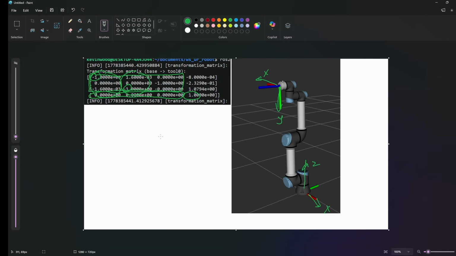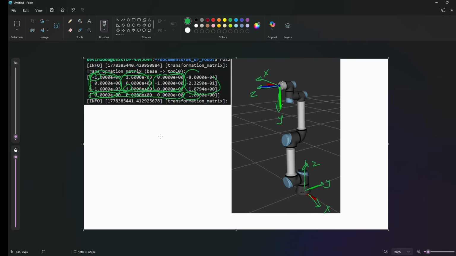And then this part right here, we have the other part of the axis. So we see it is in the -1 direction. So this means that it's in the -y, because right here is the y, and then this one is in the -y direction for the z-axis of the tool end. So this is the rotation part, which we've talked about before, but the new part that we've added now is